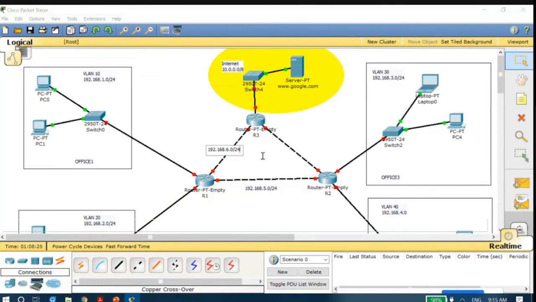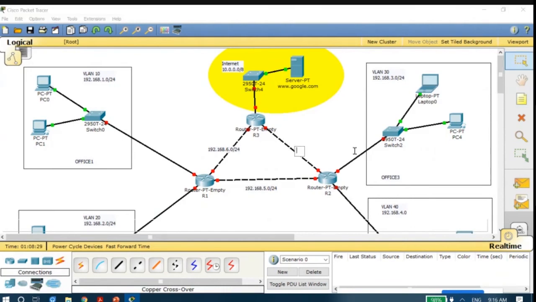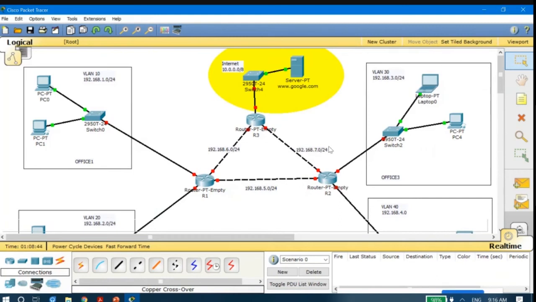And then for the next one, which is between R2 and R3, the IP address is obviously 192.168.7.0/24. So I have noted it.